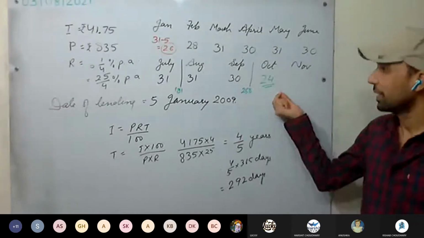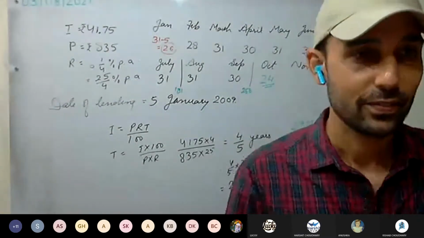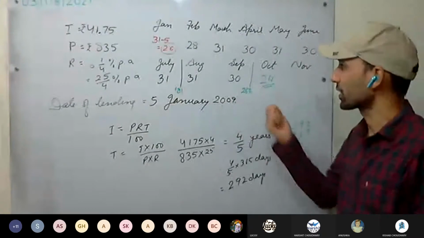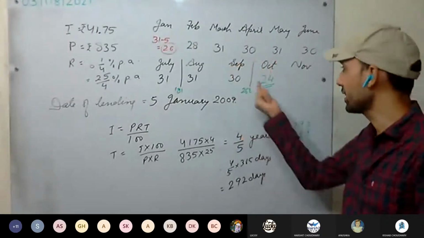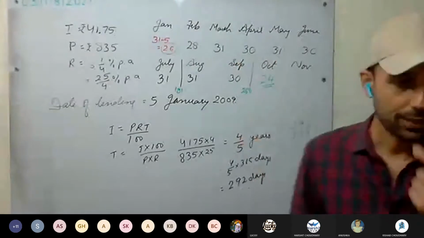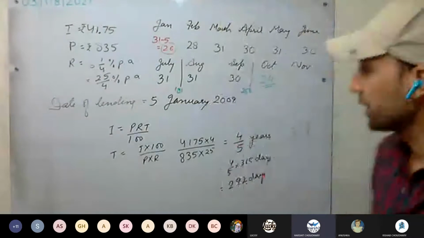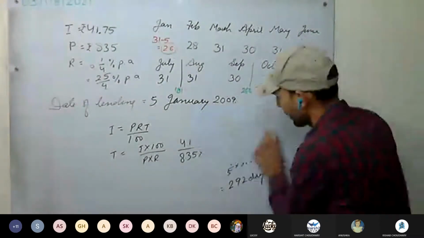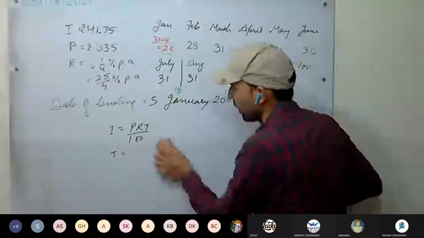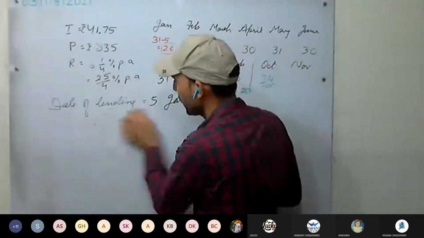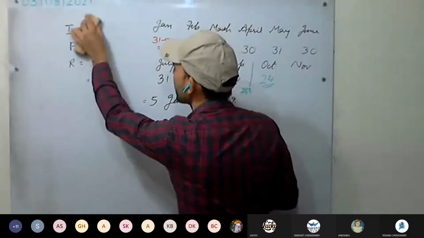Yes, sir. It was a very interesting question, yes or no? Okay. This time we have calculated in reverse. We have calculated the date. Understood? Okay. Try the next one. Read the next question. Try it yourself. Has everyone understood? If you have any doubt, you can ask anytime. It's better you ask immediately before I rub the board.